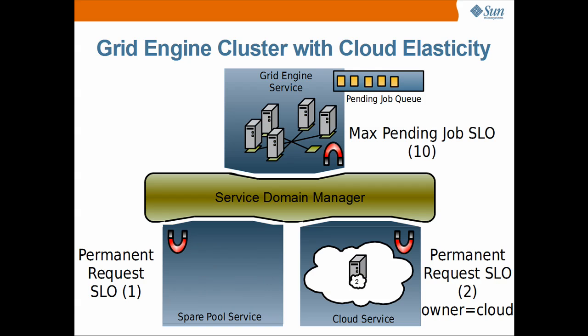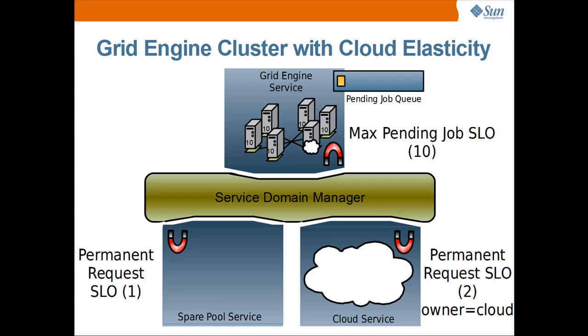The requested resources were moved from the SparePool into the grid engine service and were added to the cluster. The pending jobs were scheduled on the hosts and the pending queue became empty. As a next step, we submitted an additional job to the cluster. There is no free host remaining in the cluster, so max pending job sent another resource request with urgency of